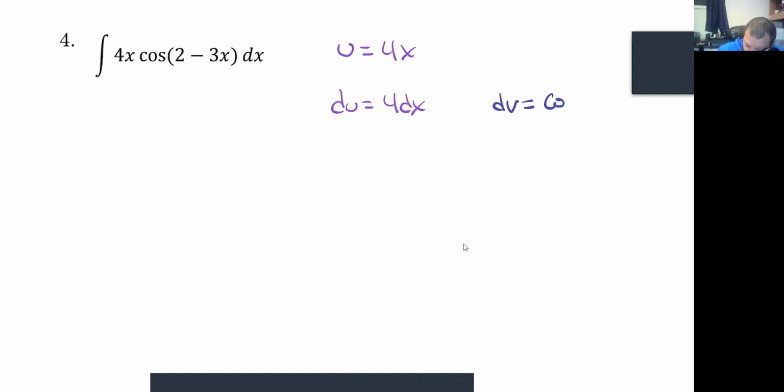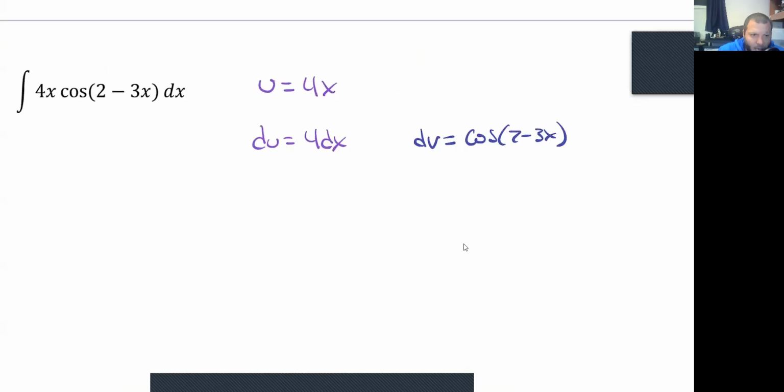All right, question number 4. So we can look at this as saying, let's let u equal, say, 4x, which will make du equal to just 4 dx, which is kind of nice, right? We've gotten rid of all variables, which would make our dv equal to the cosine of 2 minus 3x, which if we try to take the antiderivative of that,